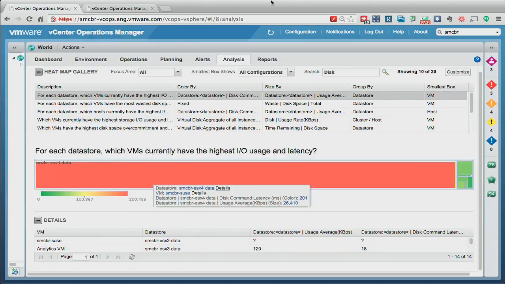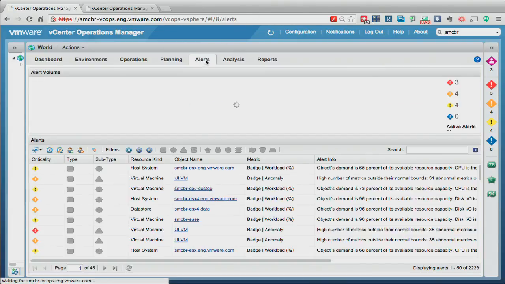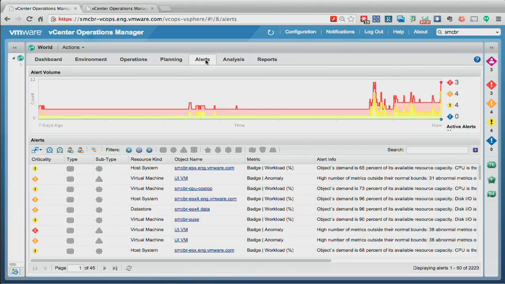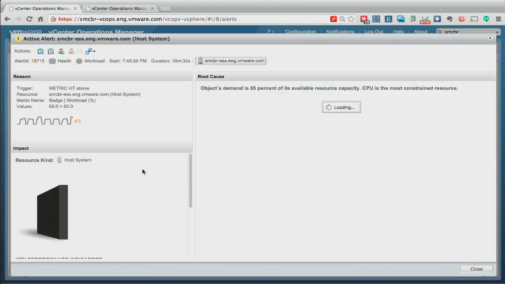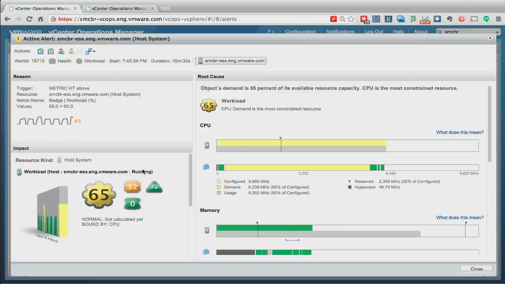Now, the right way should be alerts. I kind of save this to last because, you know, it's kind of boring. I go here, I see a problem, I click on it. It says, yes, you have a problem with your host, it's a workload problem, and here's all the data. The difference between this graph and what we're doing in live is that the alerts can help you with that, hey, Bob, you know, last night at around